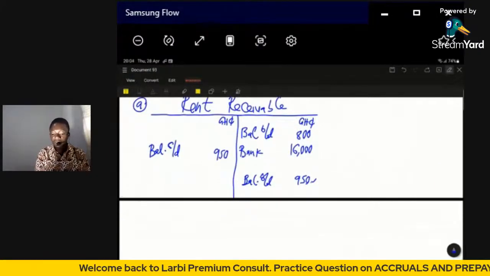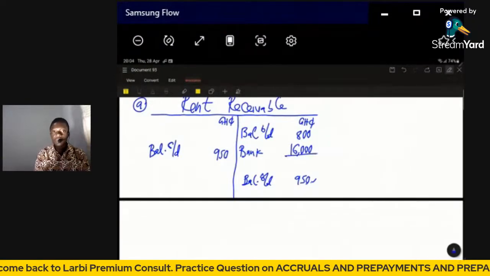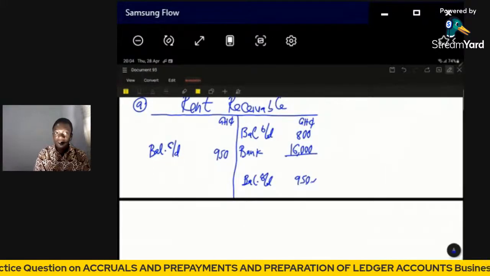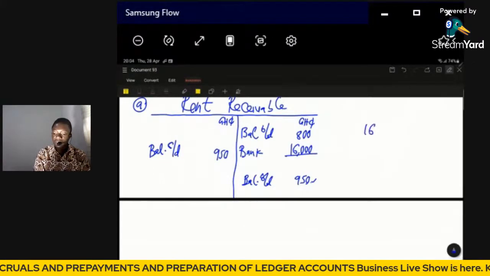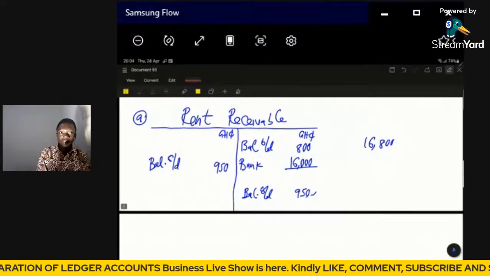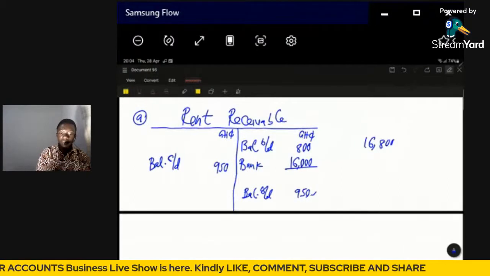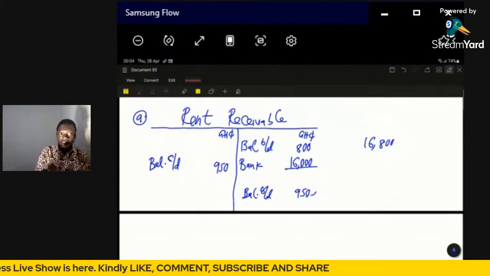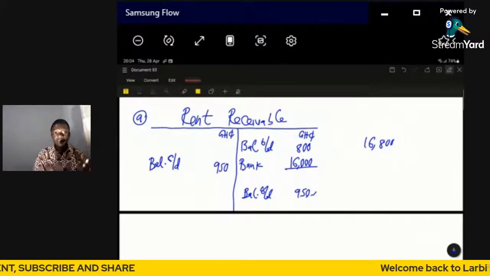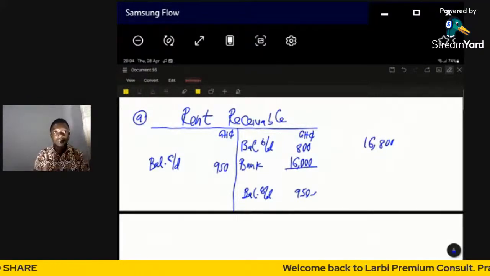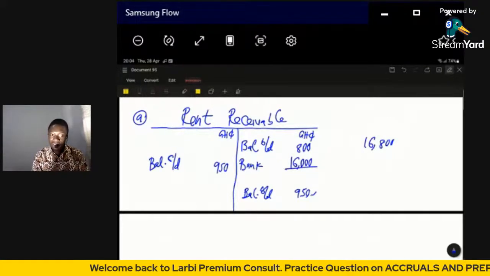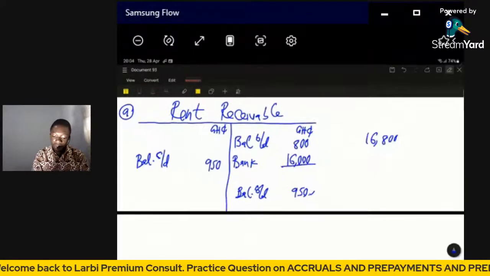At this point, you can clearly see that we have on the credit side 800 and 16,000. When you add the two, you're going to get 16,800. You can clearly see that the credit side of the receivable account is greater than the debit side. The difference between the total of the debit side and the total of the credit side is always going to be the amount you send towards your profit and loss account. I hope that is clear. So at this point, since the credit side is greater than the debit side, the difference is going to be